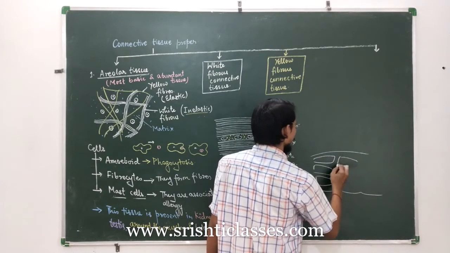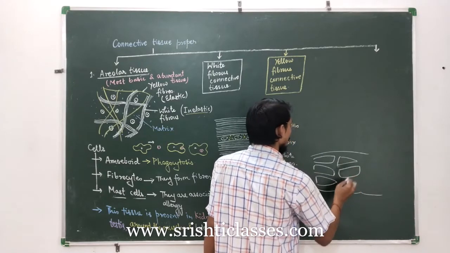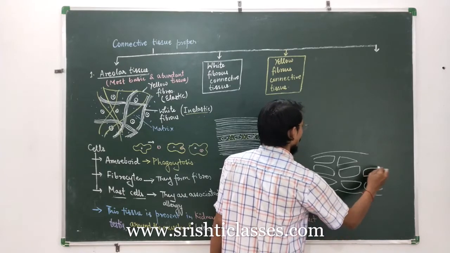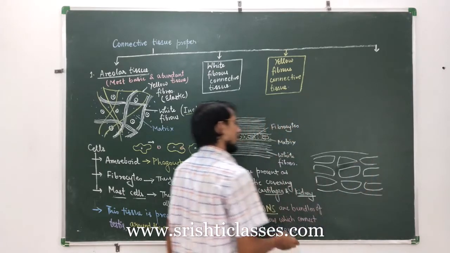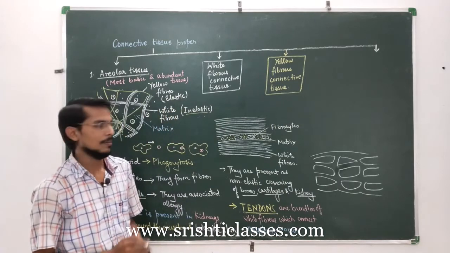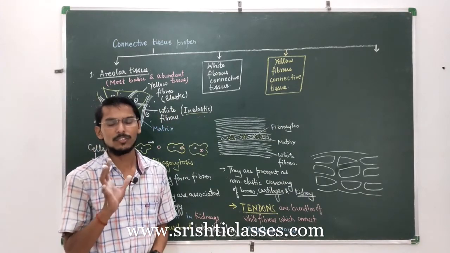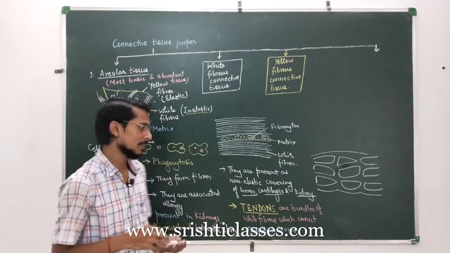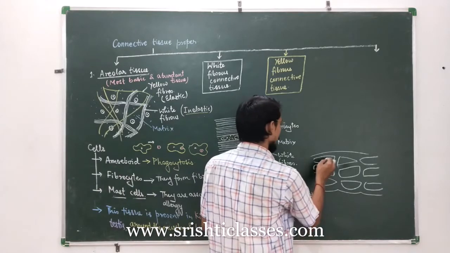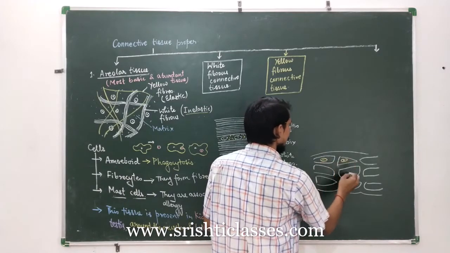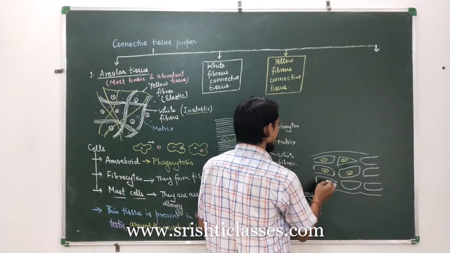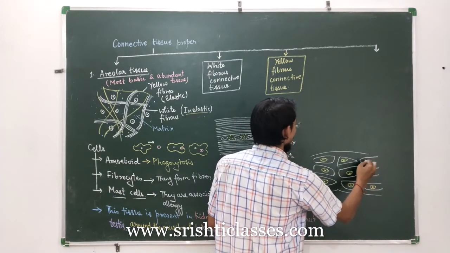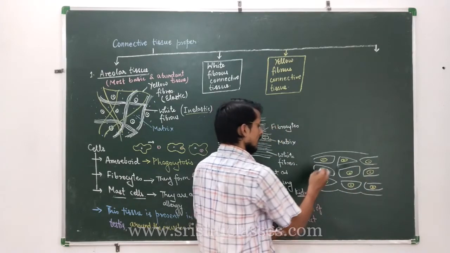Let me make it small. I have mentioned it earlier that our figure should be informative rather than diagrammatic. It should contain information. Okay. So these are fibrocytes, fiber forming cells. And these fiber forming cells will be surrounded by matrix,